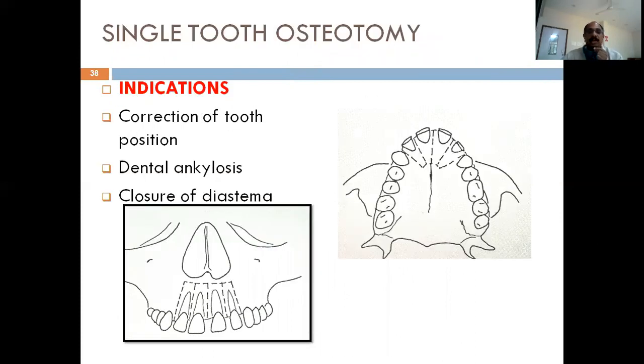Single tooth osteotomies, like I told you, are single tooth corticotomies. It is done in the anterior maxilla, wherein we try to make a cut for each individual tooth. It is not usually done now. It is obsolete, but people have tried it out by going between the two teeth and trying to fix it using a splint after correction. It is usually done in the closure of diastemas or in patients with dental ankylosis. We try to make a cut above the apex of the tooth and try to mobilize the whole tooth structure. But it is not of much use now. We don't commonly follow this.